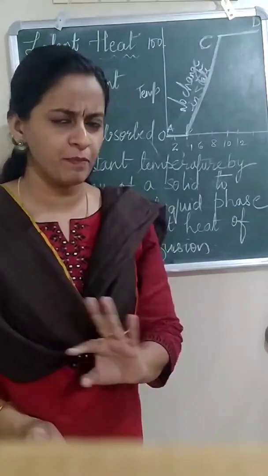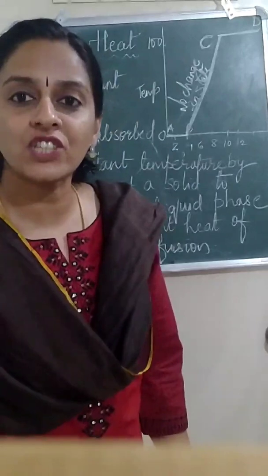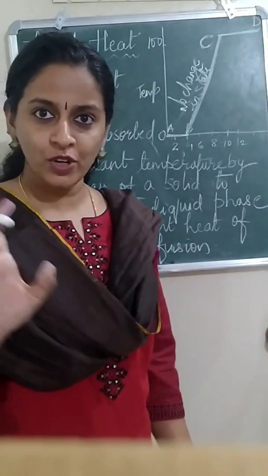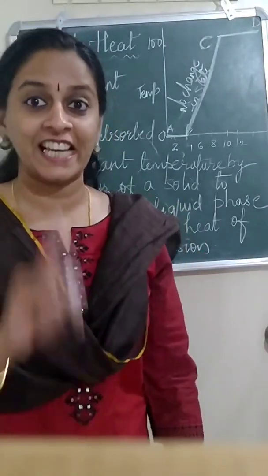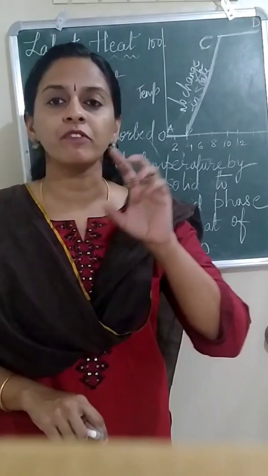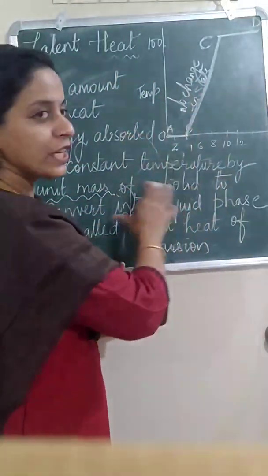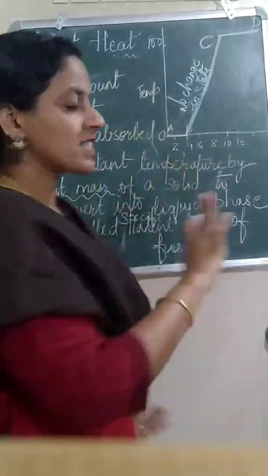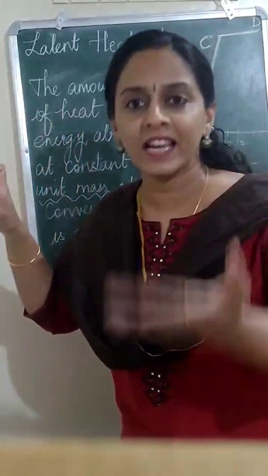Having done that, now let us learn the next definition. The third definition, very simple. The constant temperature at which liquid gets converted into gaseous form is called the boiling point of liquid. Understood? This was the third definition. Now we come to the fourth definition, latent heat. In latent heat, we are always talking about change of state. Here we saw solid to liquid. Now we will see liquid to gas. So the skeleton will remain the same. Latent heat of vaporization.